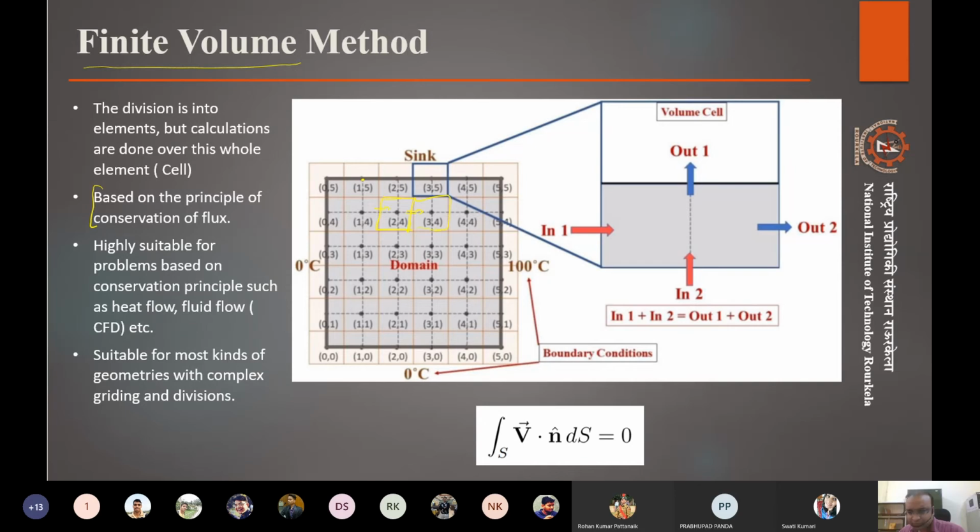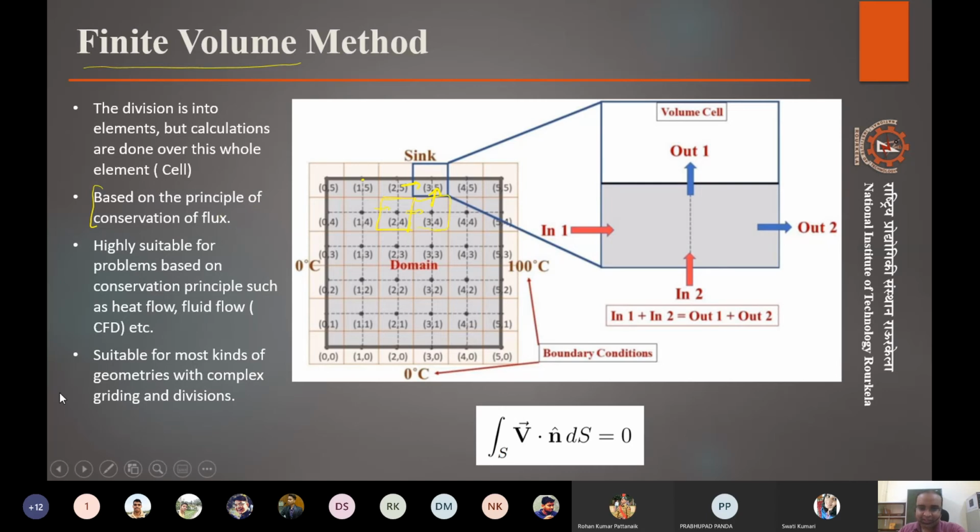Sorry for that. So in this example where the heat transfer is there, we are seeing just one cell and how it will behave. Whatever the heat input is from both of these sides, there will be some heat input from this side and some heat input in this cell, right? The summation of the heat inputs from whichever side will be equal to the summation of whatever goes out. Whatever comes in, whatever goes out, that's the whole principle of this kind of simulation.